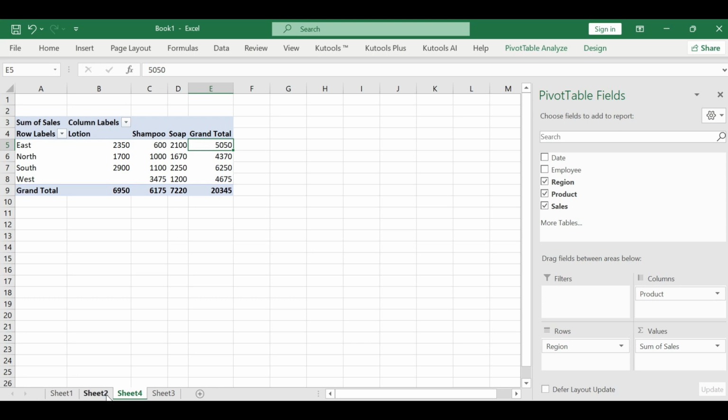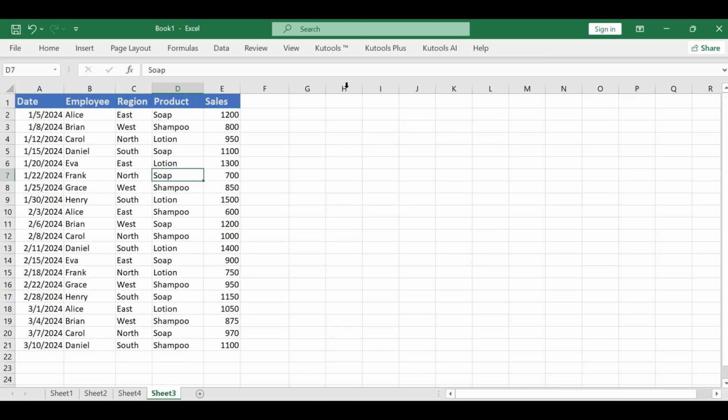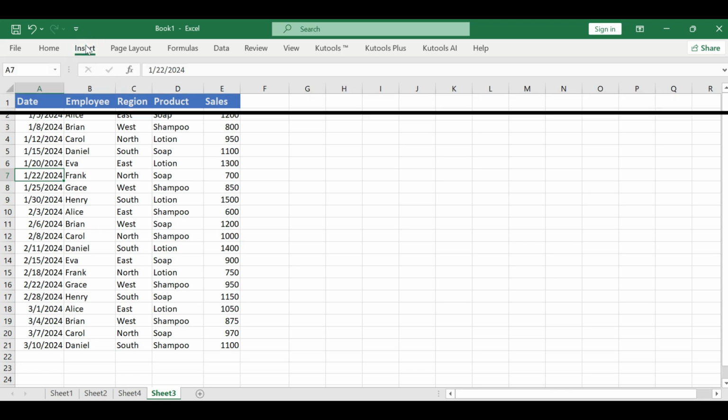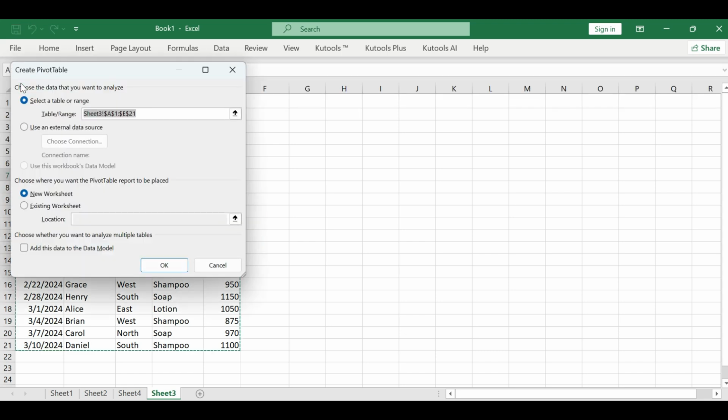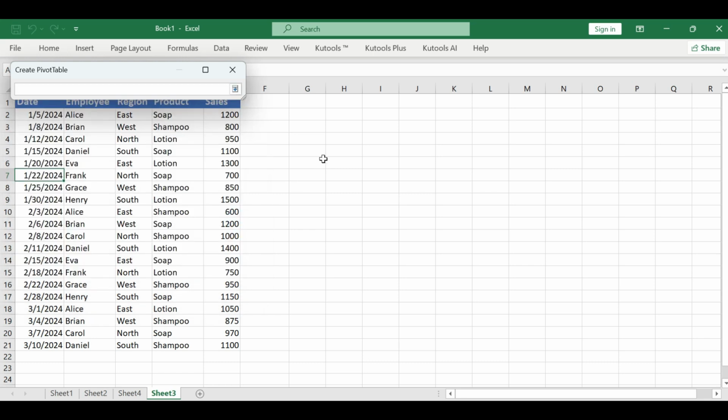Now let's see how to create a pivot table in the same sheet as your data. Again, select any cell in your dataset. Go to Insert and click on Pivot Table. This time, choose Existing Worksheet. Click inside the location box and select a blank cell in the worksheet